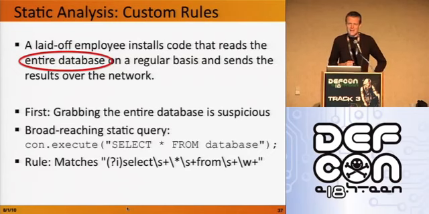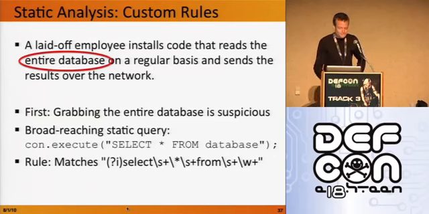So first off, if you're reading the entire database, an entire table, for any reason, it's pretty suspicious. If you're doing migration, that's a possible legitimate use for it, but you probably are looking at more than just one table at a time too. So if you have a query in your code base that does a select star on a single table, that is in and of itself suspicious. It's not a vulnerability all by itself. It's not a command injection like the slide we looked at last, but it's pretty weird. And if you're a manual reviewer looking for insider threats, this is a good place to start. This is a breadcrumb in a pile.